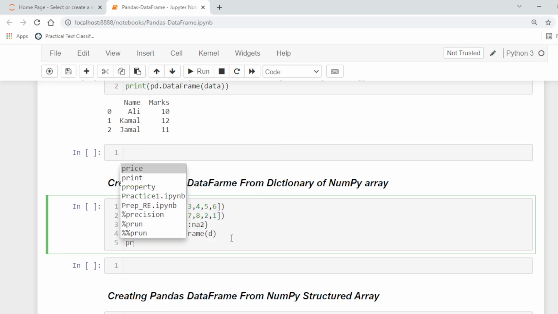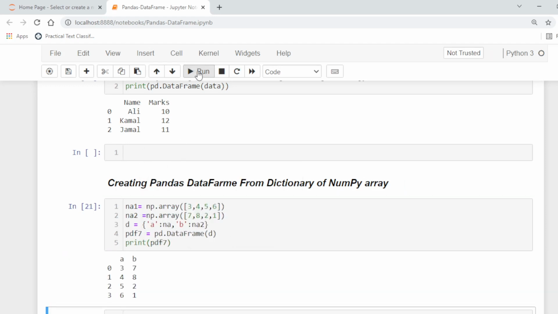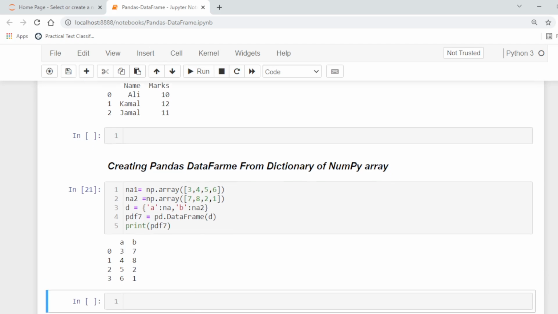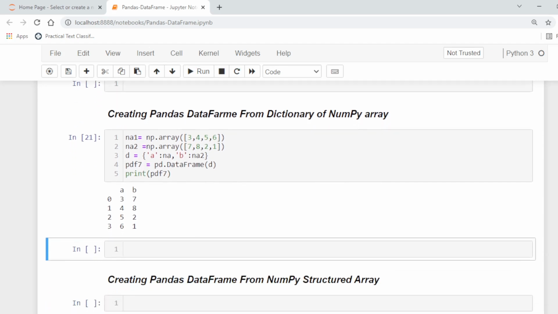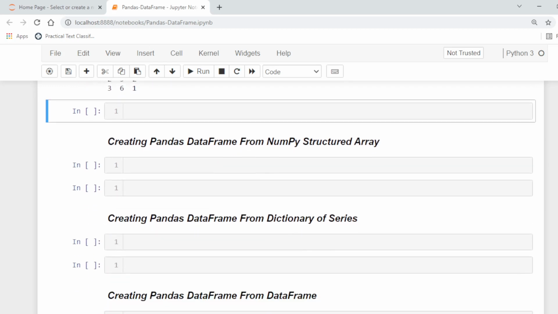Now to display the output, so every key is taken as a column label, and every array is basically the column for the every key. So similarly, we can create a pandas data frame from a NumPy structured array.